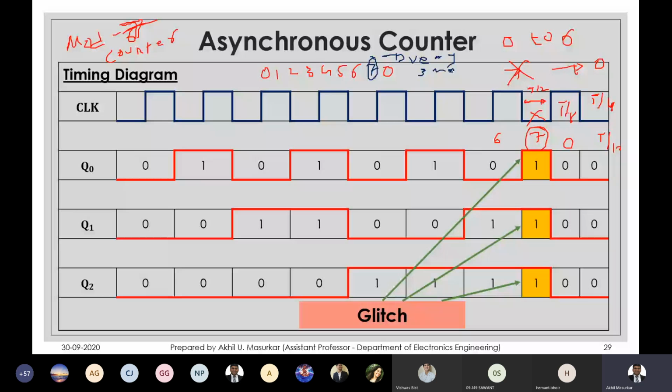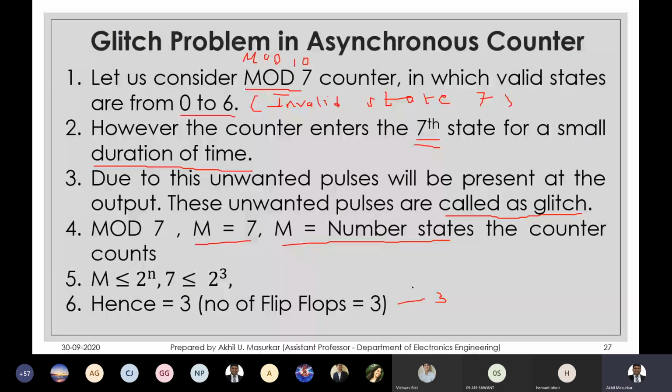So for that much amount of time, your outputs are bearing a wrong value. So I'm just going back. You can just write point number 1, 2, and